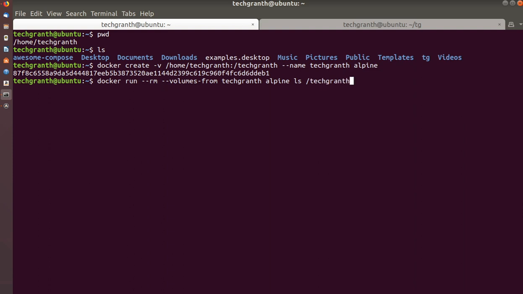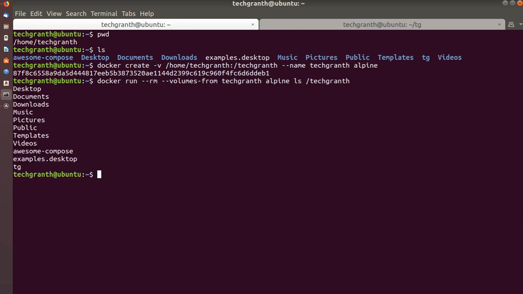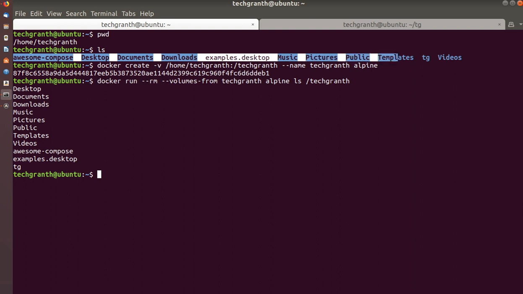So what we are doing is mounting the TechGranth volume name, which is this one, and we are doing ls on this location, which we gave for the container. This is on the Docker host, and this is for the container.